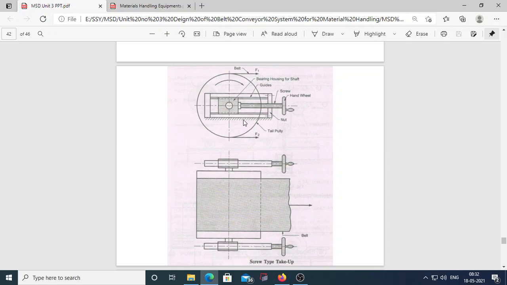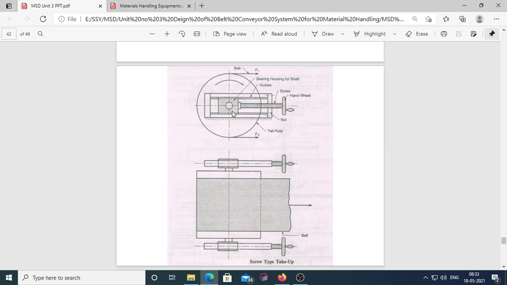Remember that first we are using the tail pulley, and this acts as a take-up pulley. The screw type take-up consists of two bearing housings supporting the shaft and capable of sliding in a fixed guide.